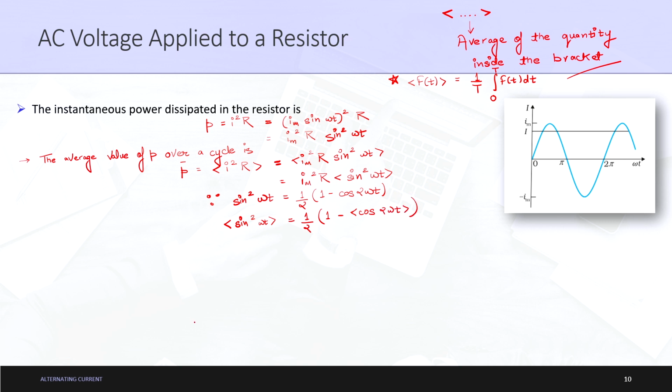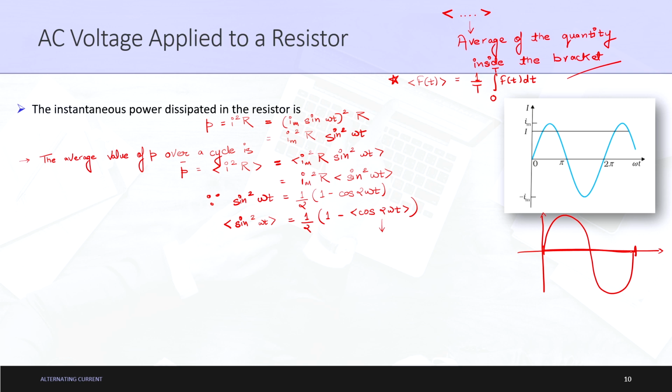Okay. And next, basically if we calculate the value of this, we will get the complete answer for the average value of p over a cycle. Now let us look at the simple sinusoidal waveform of cos square omega t or sin omega t. Let me first explain for sine. If we try to calculate the value of the complete average here,